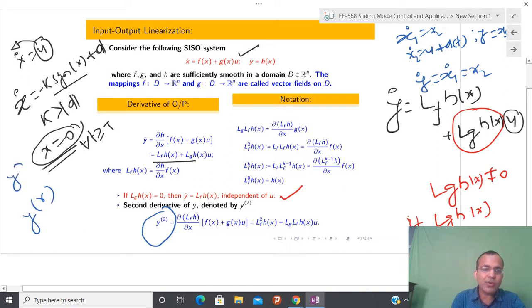So if you are writing y power r, it means that it is multiplication of y, r times. But if you are writing it in brackets, then the meaning of this is derivative. Okay, anyone has confusion on this?